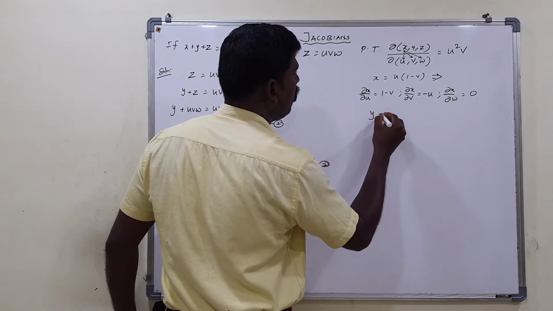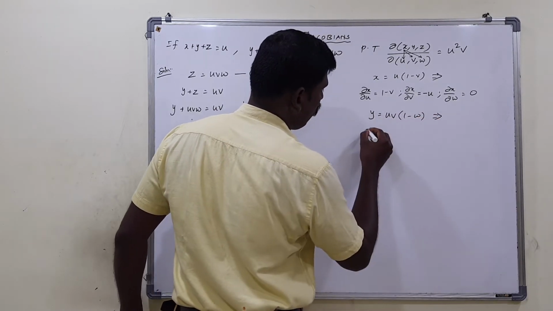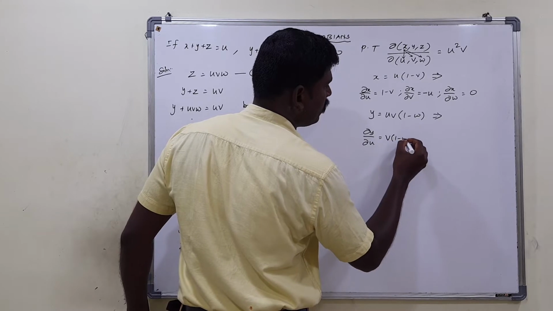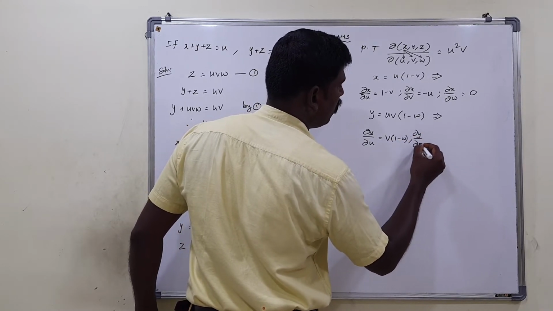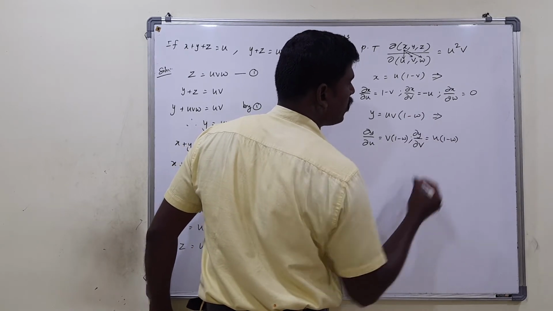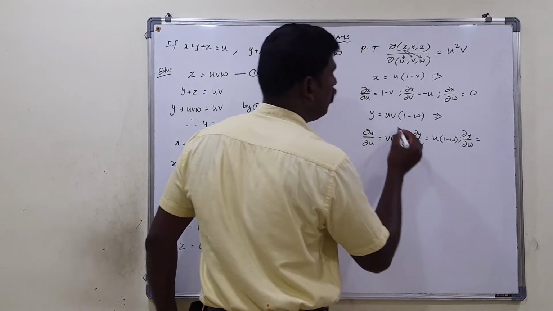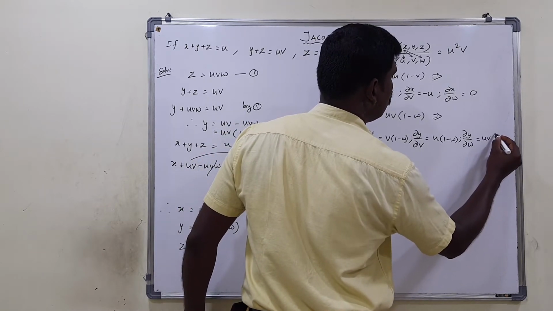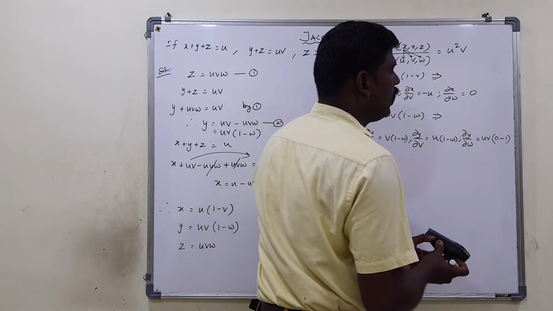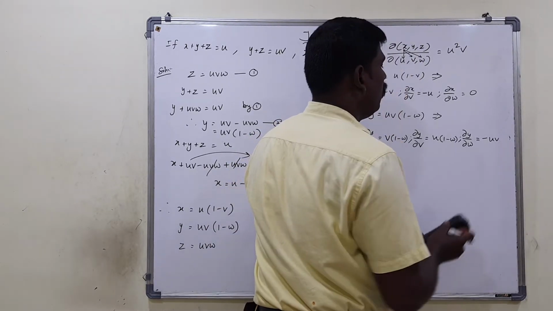And then what is y? y is equal to uv into 1 minus w. This implies, what is dou y by dou u? u becomes 1, so v into 1 minus w. So dou y by dou v is equal to what? v becomes 1, so u into 1 minus w. And then dou y by dou w is equal to what? uv is a constant, right? Inside, 1 becomes 0, minus w becomes 1, so you will get minus 1. So you can write it as minus uv. That's all, right?